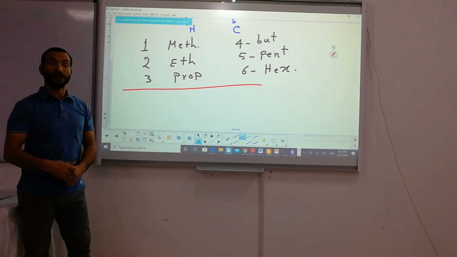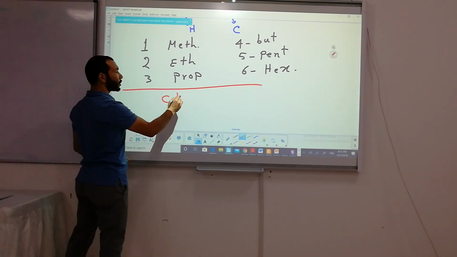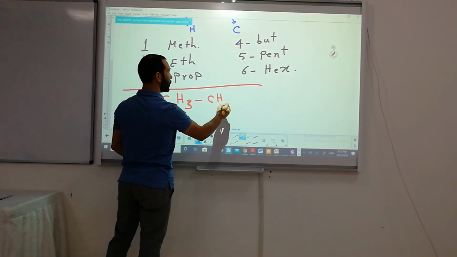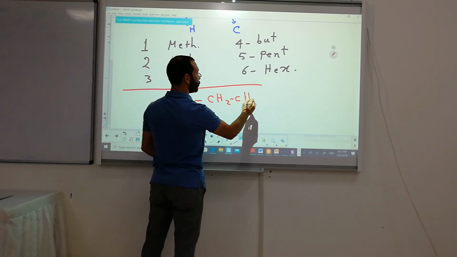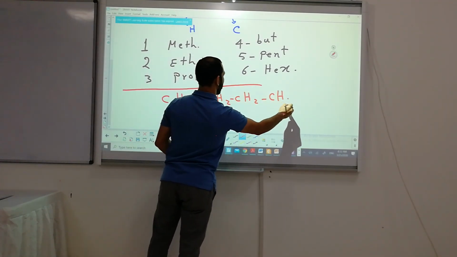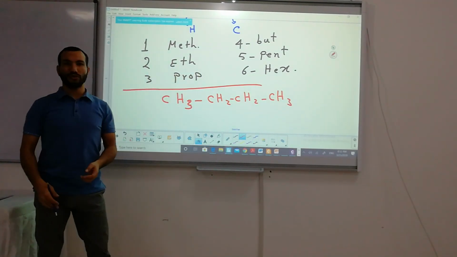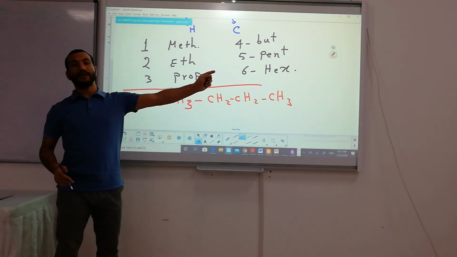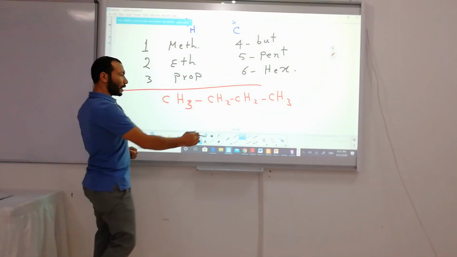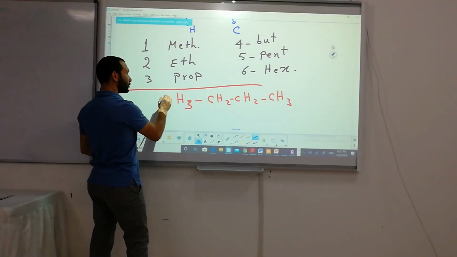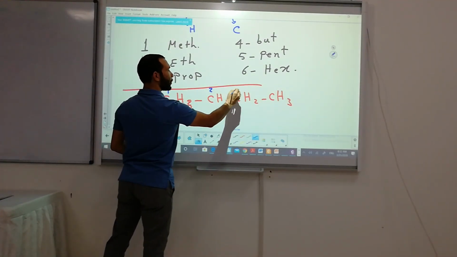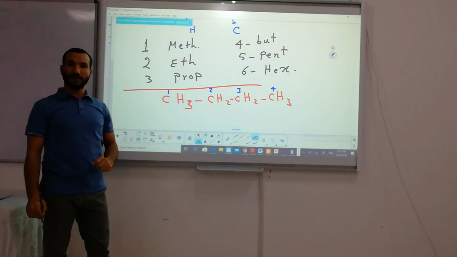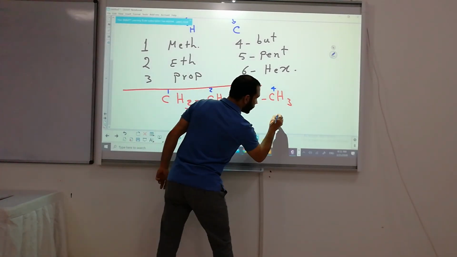Look, if I write, for example, CH2, CH3, CH2, CH2, CH3, like this, I need to give the name. Number 1, I count the carbon atoms. Here, 1, 2, 3, 4. So we call this bute. So I write here bute